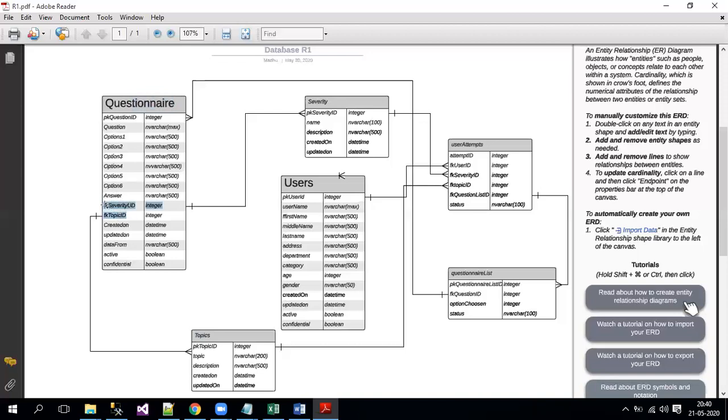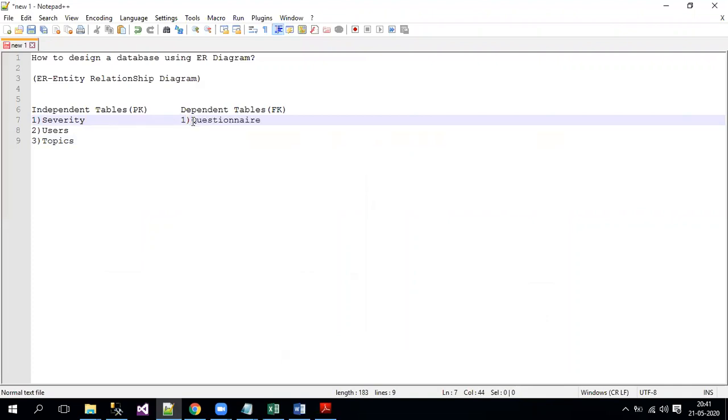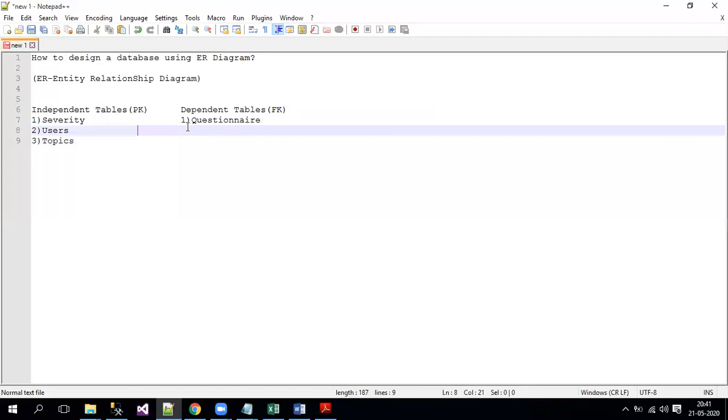Now this has two foreign keys, so it is depending on severity and this one, which means this quaternary will come under the dependent tables, right? So let me put this table under dependent.